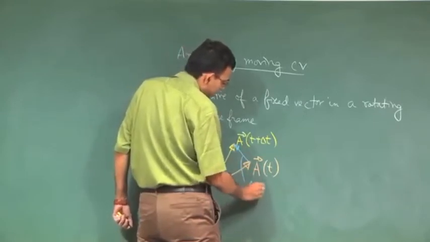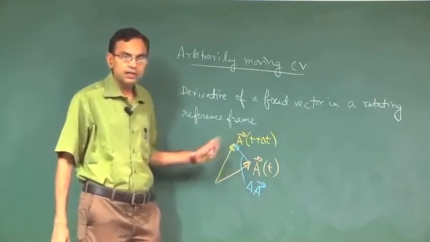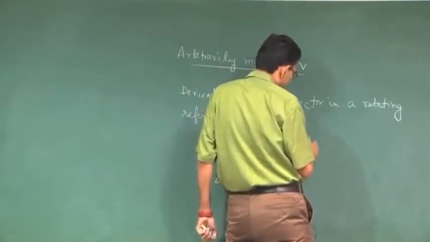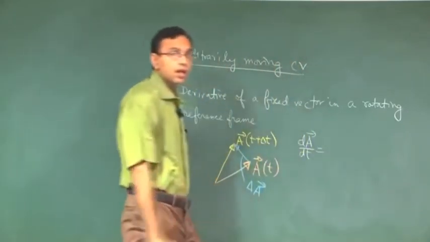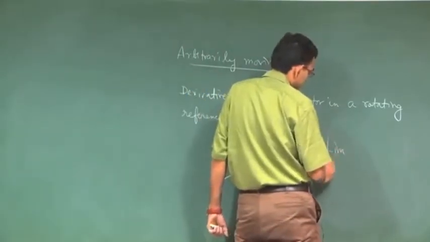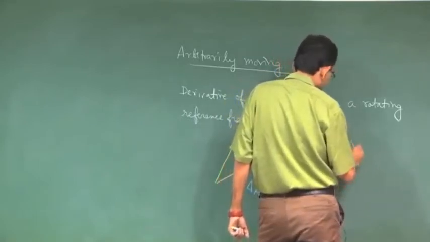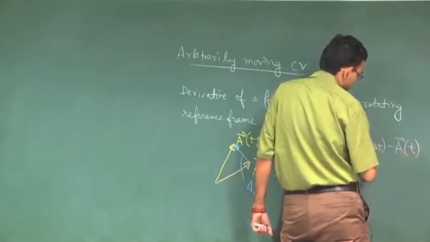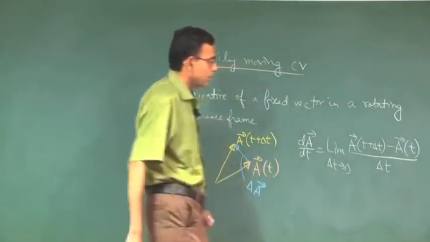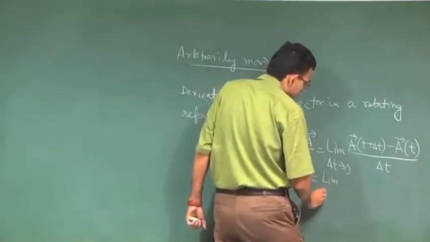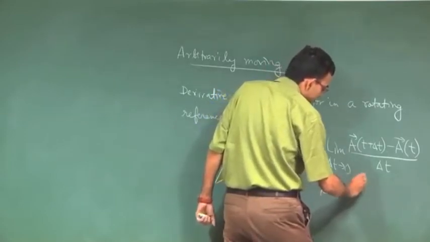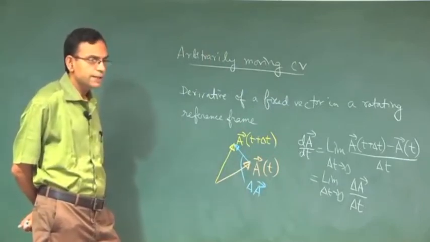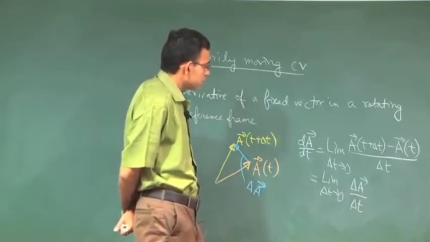So the change in the vector is this one, delta A. This is nothing but the triangle law of vector addition, by which you see the change as this delta A. So dA dt will be the limit as delta t tends to 0, okay. So then